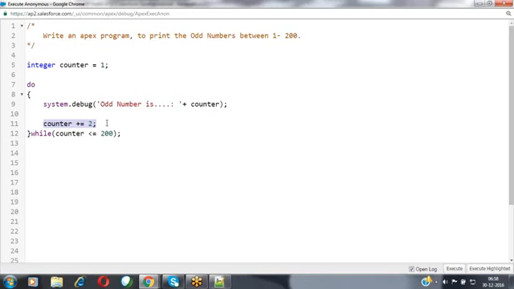And the third one, we are going to keep on incrementing or decrementing the value here. So at that time, what happened? To define the variable and to initialize the variable, we have used one line of code. And then to increment or decrement the value, we are using one more line of code. To verify the condition, we are using one more line of code here. Nothing but 3 lines of code we have written here.